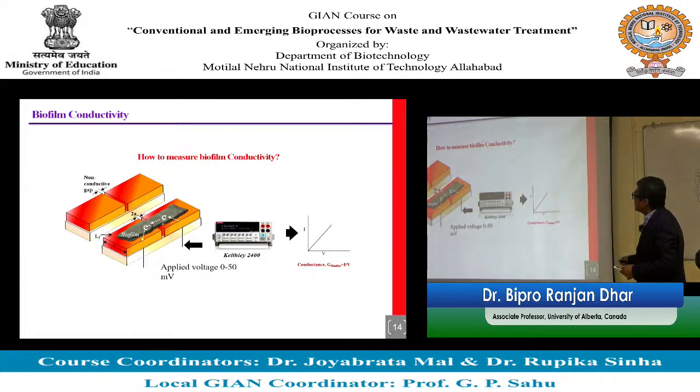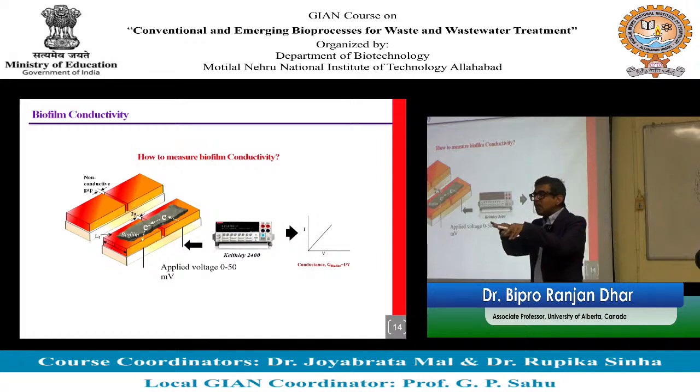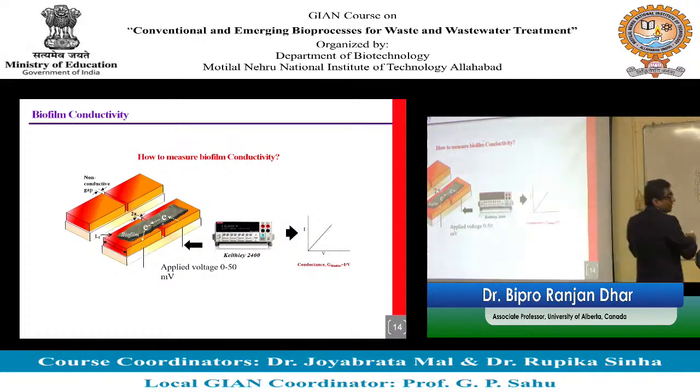Using a source meter, you can apply some very small voltage, and if the biofilm is conductive, then electrons should be able to flow, because the two electrodes are not connected, right? The only connection they have is the biofilm. They are connected by biofilm, not by any conductive material, right? So what I am saying here,